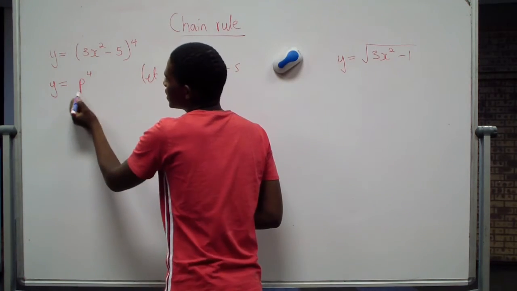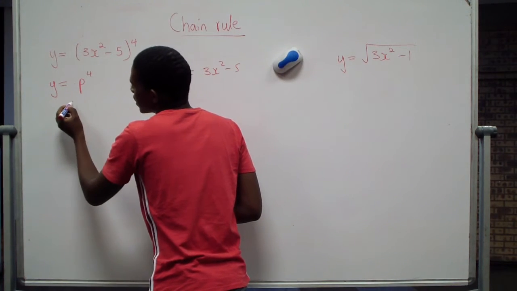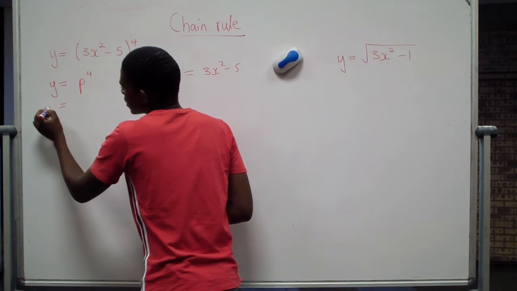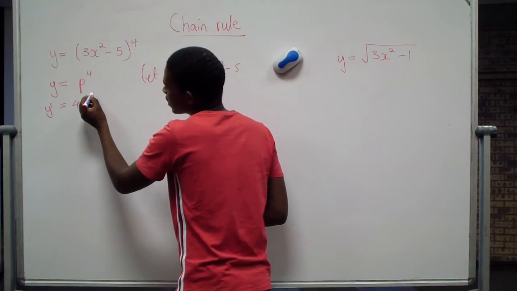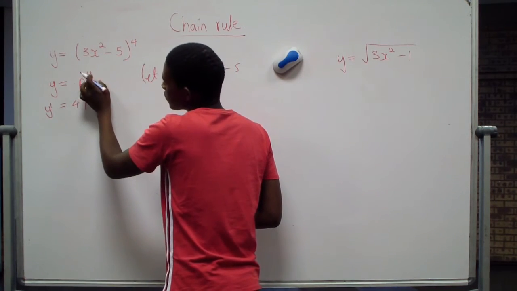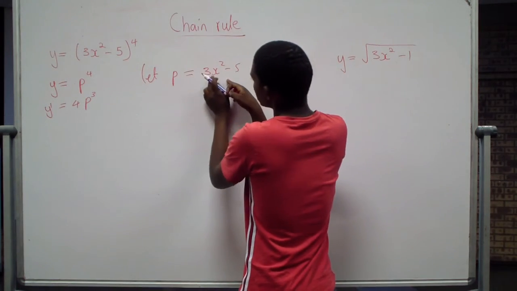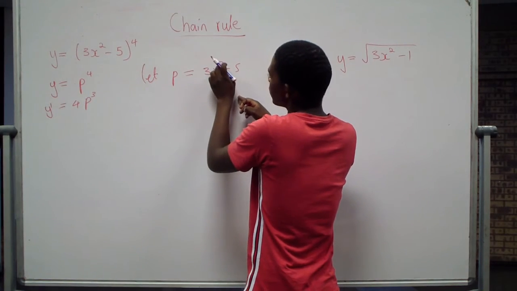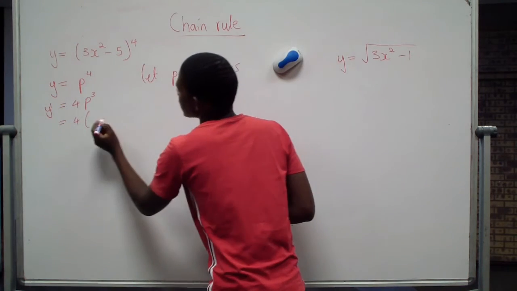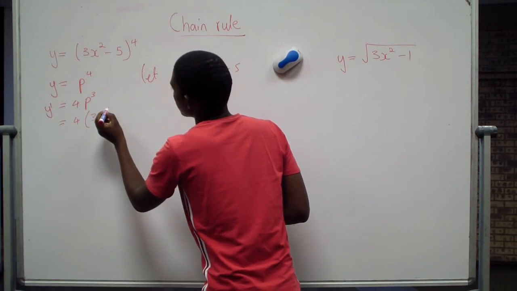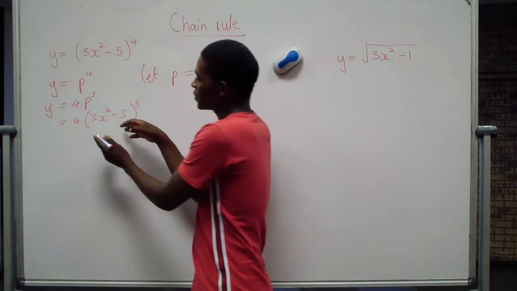Then I'll differentiate this. When I differentiate this, I'll say 4 multiplied by 1. Then I will have the derivative is 4p to the power of 3, because I will take 1 from my exponent. Then, because I said p is equals to 3x to the power 2 minus 5, I will say 4 multiplied by 3x to the power 2 minus 5 to the power 3. Now I have to differentiate